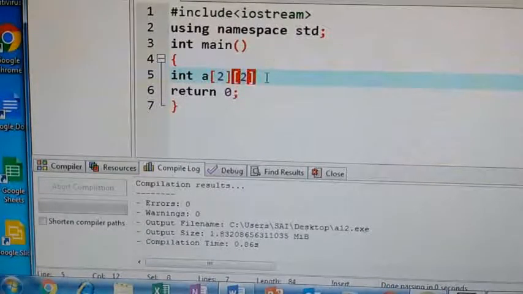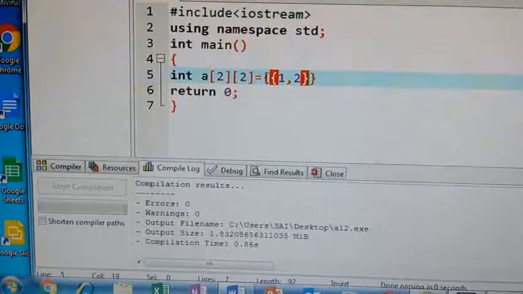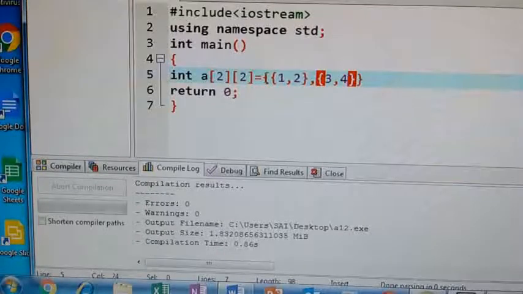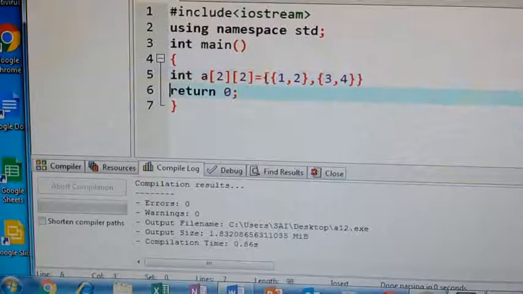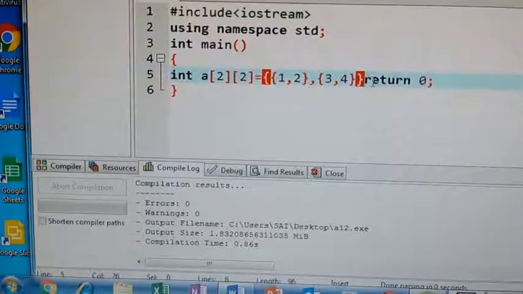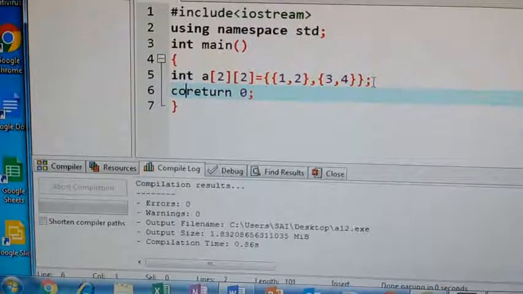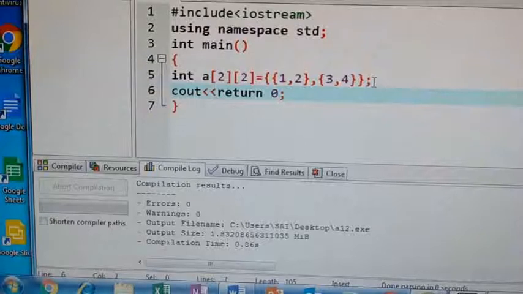So here, how many elements in total do you have? 4 elements, right? Now here 1, 2, next 3, 4. This is a two-dimensional array, 2 rows and 2 columns. So if I want one row and one column, I simply give the memory addresses and the output statement is executed. Now here I am printing with cout. First row, first column I want to print.